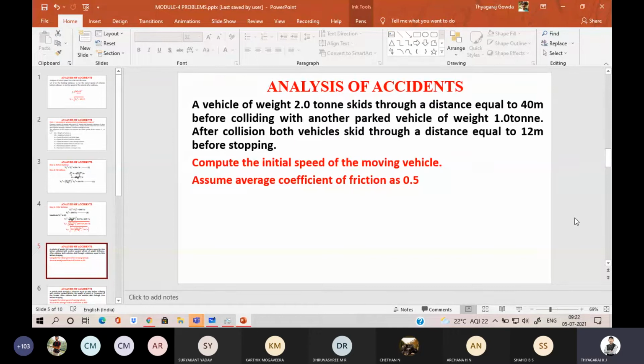Completed? No, sir. Okay. Write down. When it is completed, kindly inform me so that I will go for solution part. Very simple problem. They may ask for 8 marks. Okay. In all the question papers, you can see this one. Either in module 2 they may ask, or in module 4 they may ask this question. In both the modules, the accident analysis is there. So either in module 2 or in module 4, they may ask this problem.